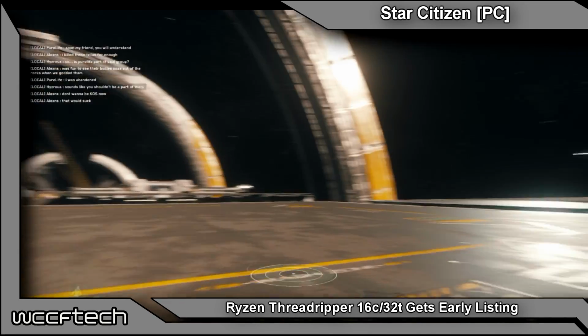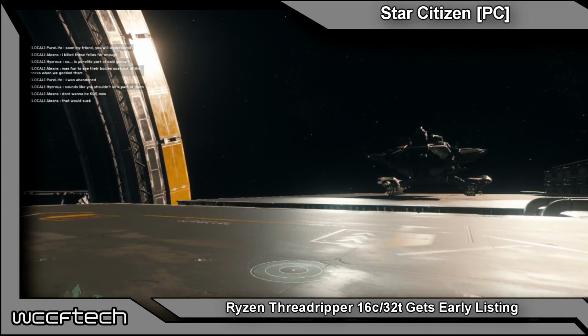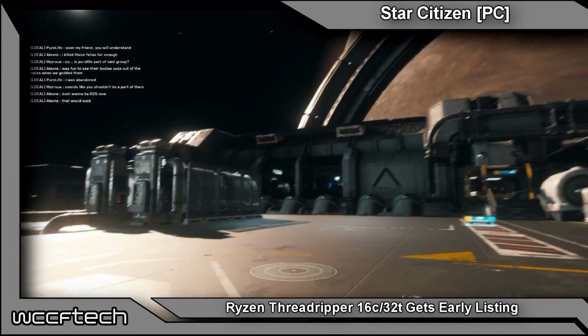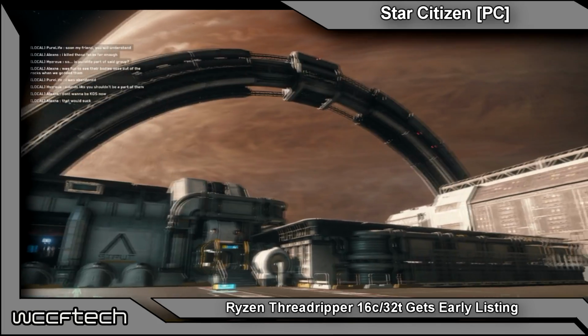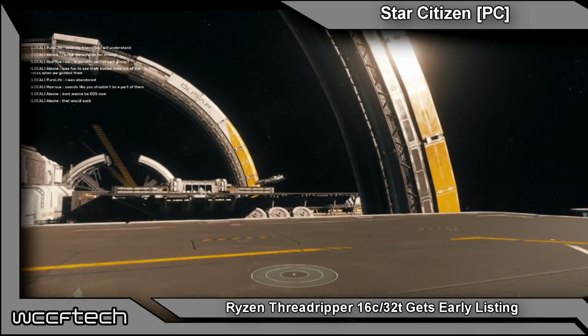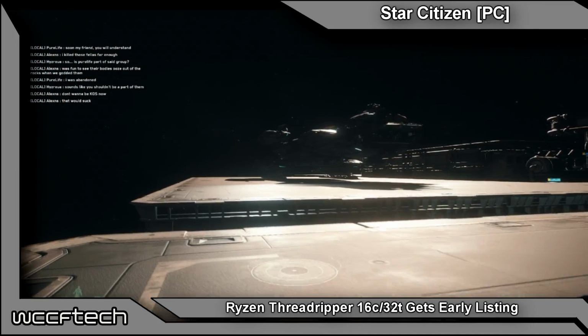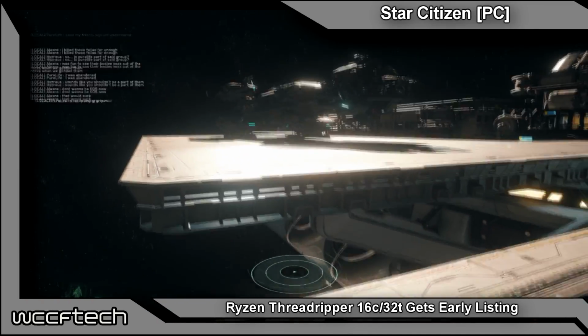Moving down the list, we've got the 10-core, 20-thread Threadripper, the 1955X and the 1955. Ooh, I want to say 1995. This one is an alleged 10-core part rated at 125 watts, and it runs at a base clock speed of 3.6 GHz with a 4.0 GHz XFR, while the 1955 runs at a base clock of 3.1 and a boost